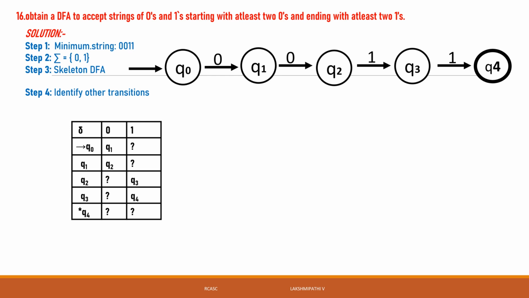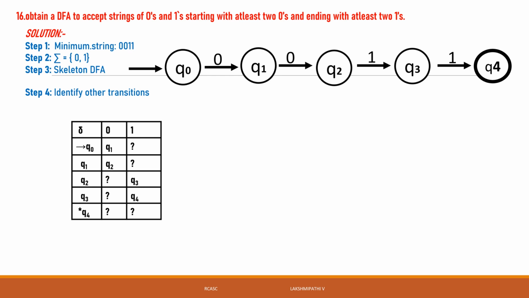That is because the condition here is that the string starts with 0 0. If you give a 1, the string starts with 1, and the DFA we design should not accept that. That's why we consider one more state, a dead state. So we give Q0 of 1 as Q5. I will take Q5 continuously as the dead state. I will show that Q0 of 1 goes to the dead state.